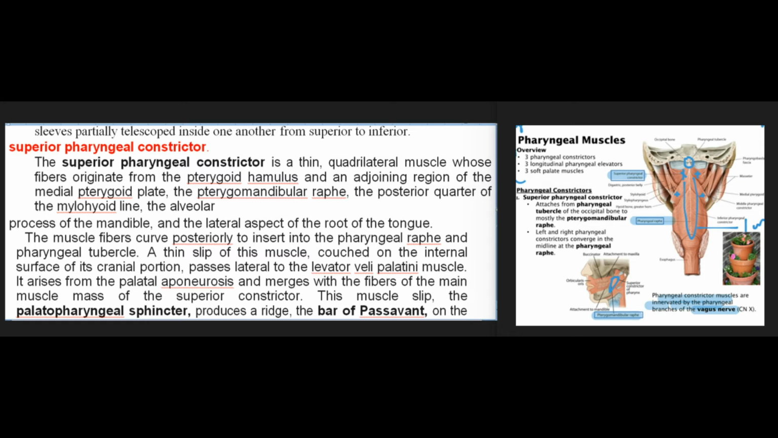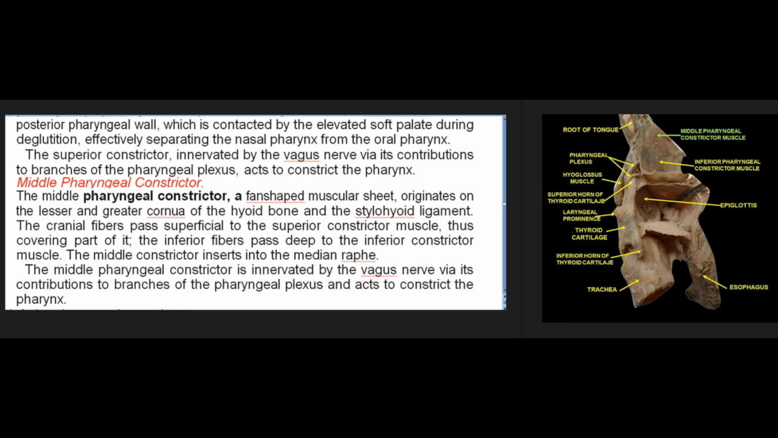It arises from the palatal aponeurosis and merges with the fibers of the main muscle mass of the superior constrictor. This muscle slip, the palatopharyngeal sphincter, produces a ridge, the bar of Passavant, on the posterior pharyngeal wall, which is contacted by the elevated soft palate during deglutition, effectively separating the nasal pharynx from the oral pharynx. The superior constrictor, innervated by the vagus nerve via its contributions to branches of the pharyngeal plexus, acts to constrict